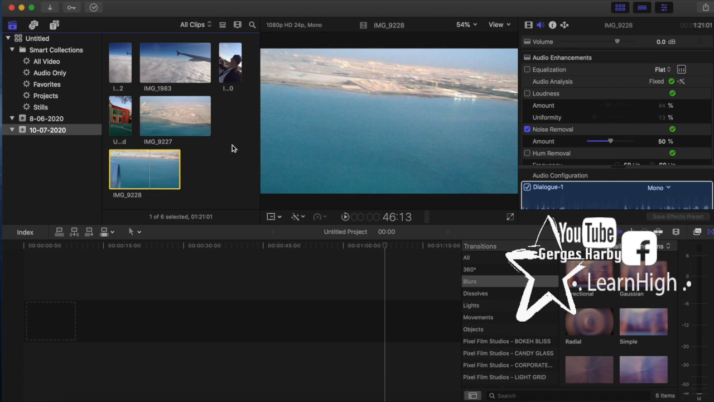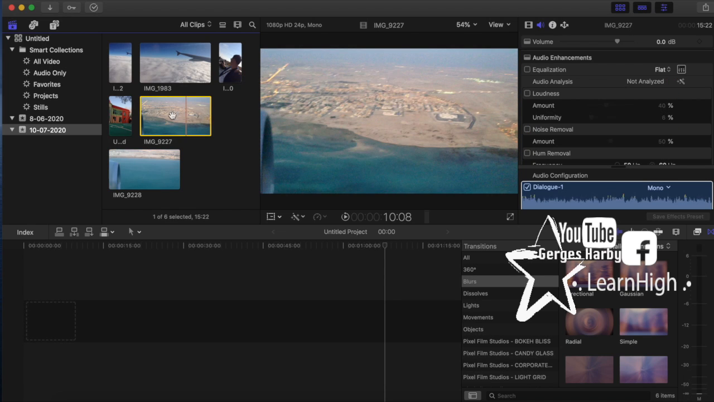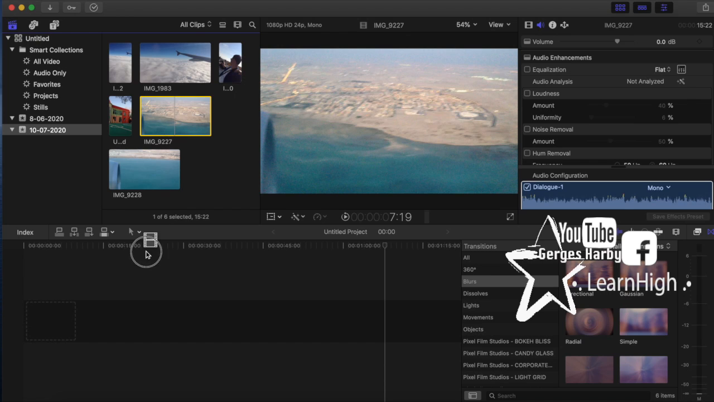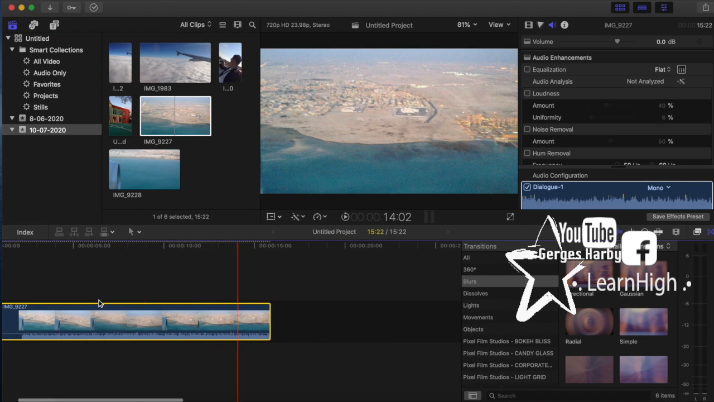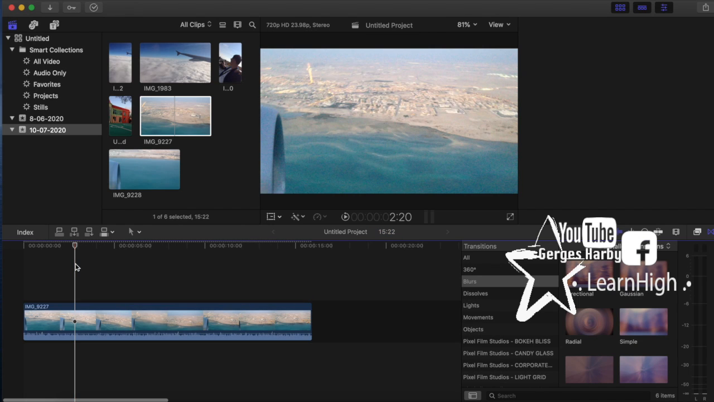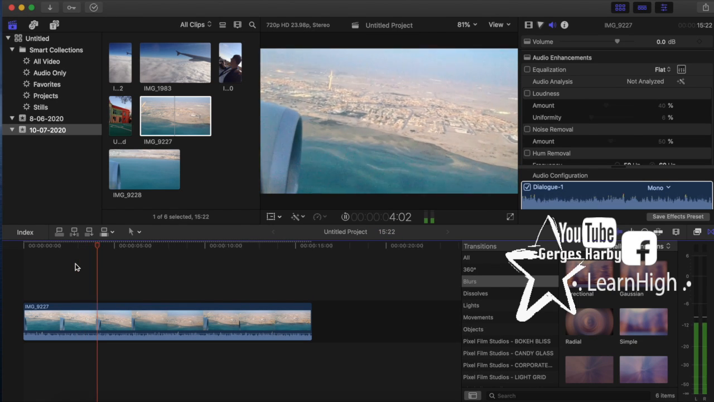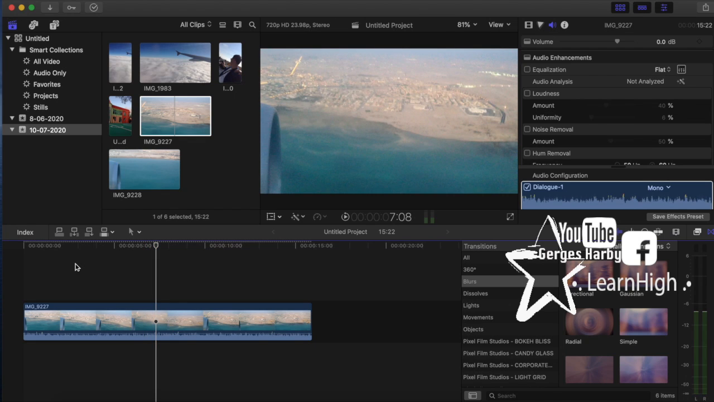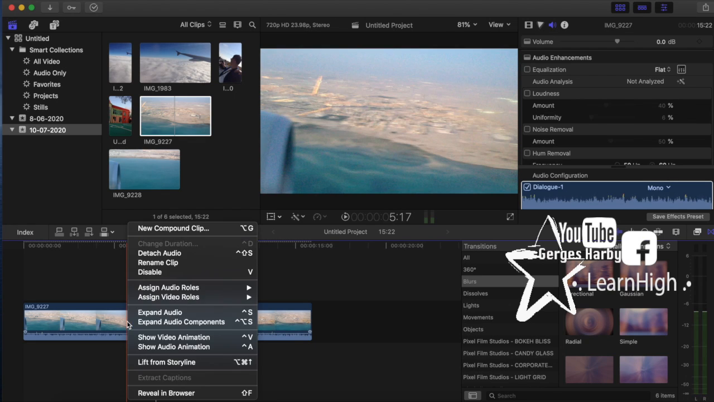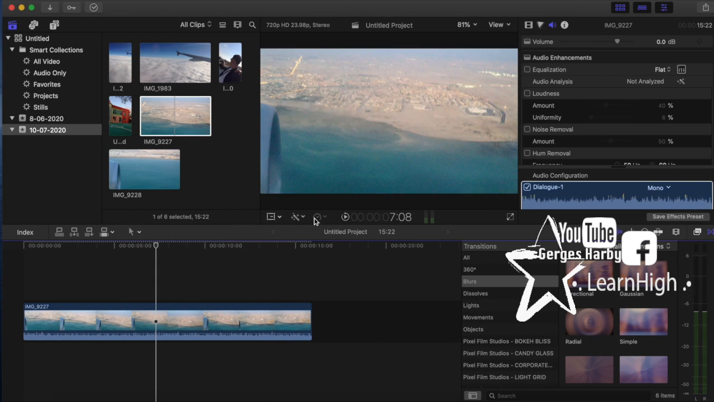So this is the first method. For the second method, we can drag any video here to our timeline. We can zoom in and we can listen. You can see, very noisy, right? If you right-click, we don't have any option to fix the video, but the only option we can choose is